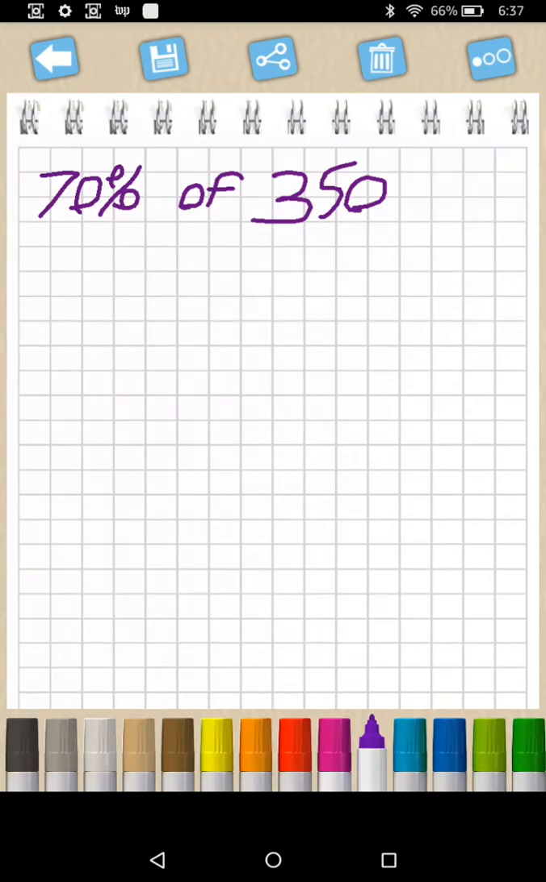Okay, now this case, you might run into where you have to find a percentage of a number greater than 100. Last percentage we went over was a number less than 100, and so in this case, all you got to do is